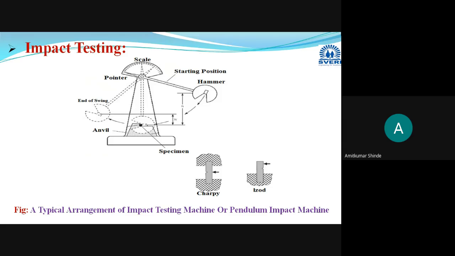That condition will be termed as triaxial state of stress. Okay, so if any of these conditions are present, I will repeat it again: a ductile material may fail in a brittle manner due to the following three conditions. First condition is lower working temperature, and second condition is the high rate of loading, and third condition is